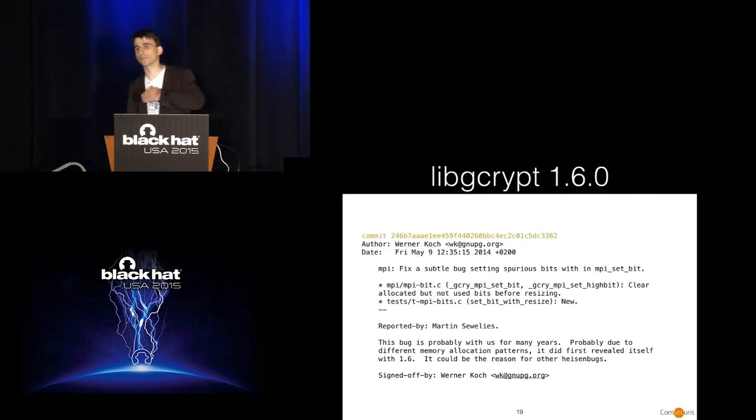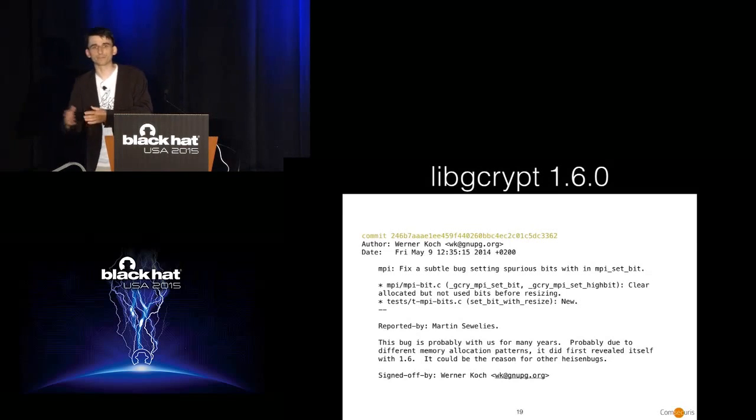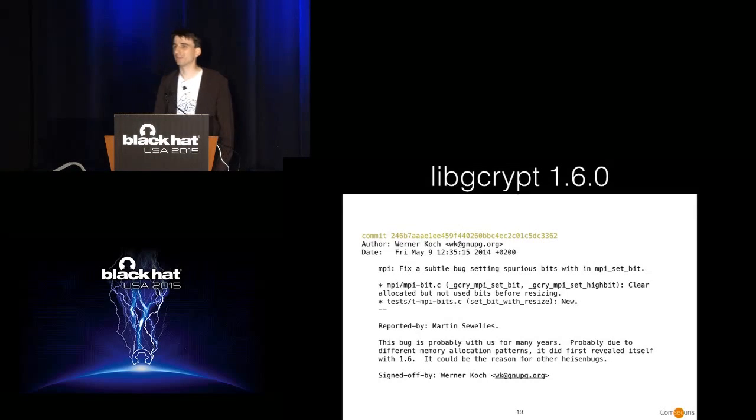And this is also a bug that was in the library for a long time, and apparently it had been triggered a number of times, and it was not realized that this was the underlying bug, so what are called Heisenbugs. Apparently there were some things that were not properly debugged here. The reasoning he gives is that it is only triggered in 1.6 due to different memory allocation patterns, which does not really make sense to me, because the allocator that they use is the system allocator, so it is more likely that they may be using a different version of glibc, or maybe he went to a different architecture there. Anyway,